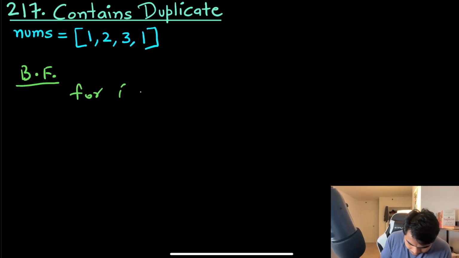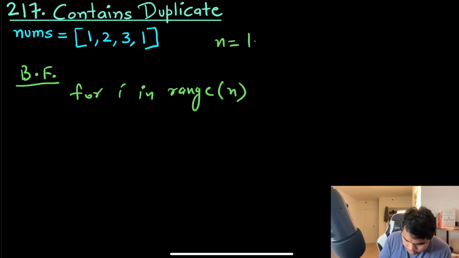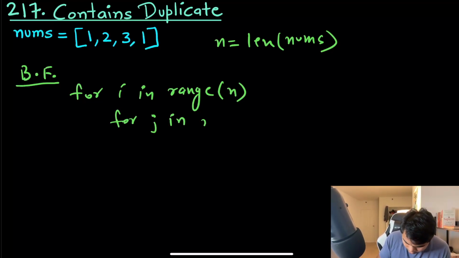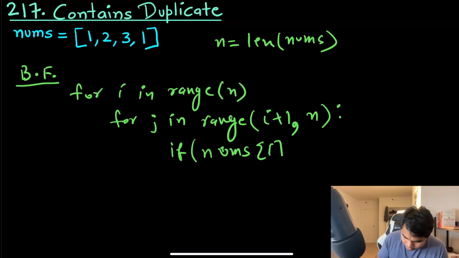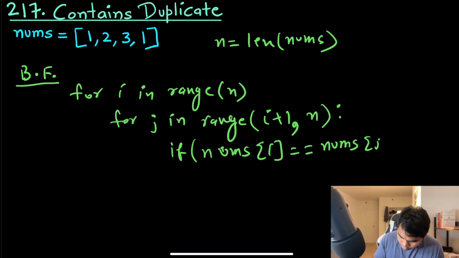For i in range n, where n is the length of nums, and for j in range, we can check in the remaining values, so we start our pointer at i plus 1 and go up to n. And if nums at i is equal to nums at j,